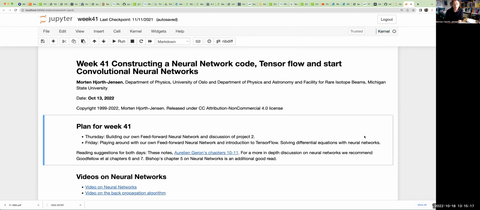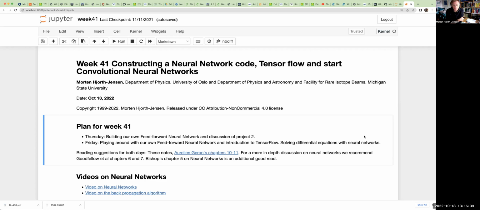Then later we are going to play a little bit around with this feed-forward neural network or multi-perceptron layer model, as it's also called. And we are going to look at how to solve differential equations with neural networks. So this will be the topic for the next session. Now, before we move on,